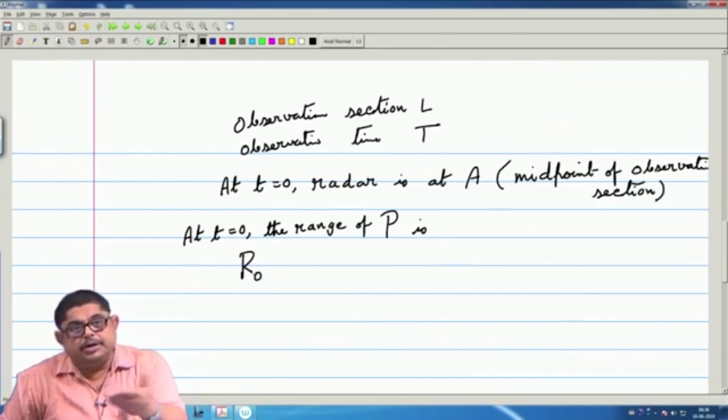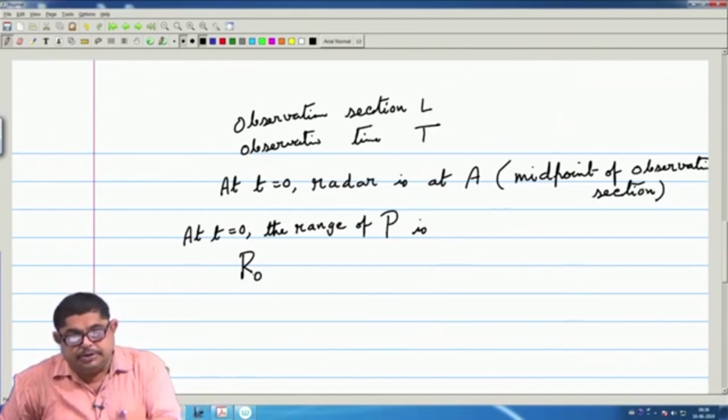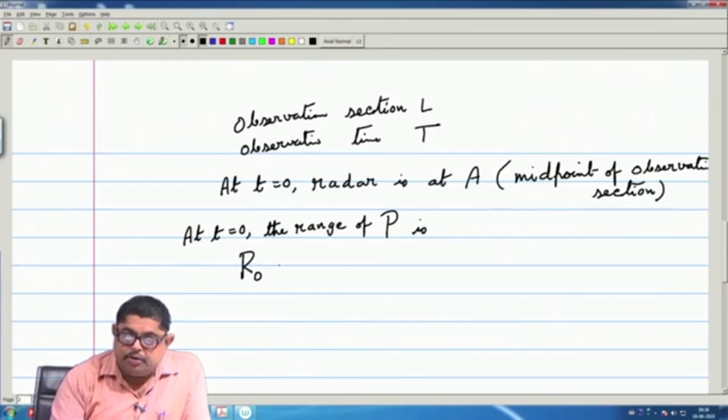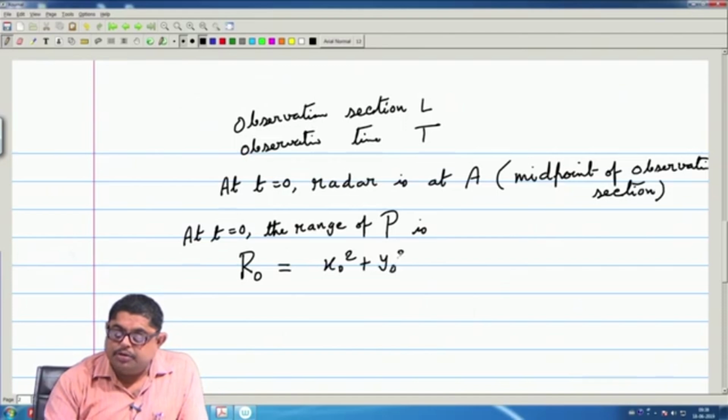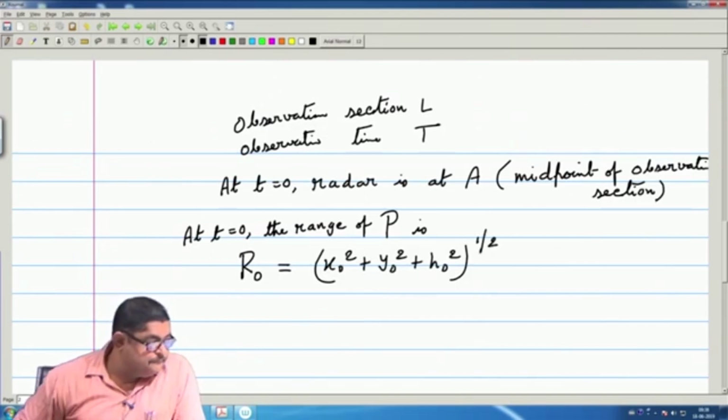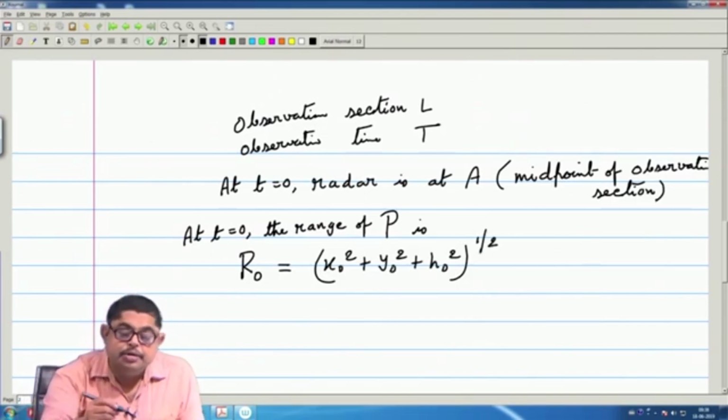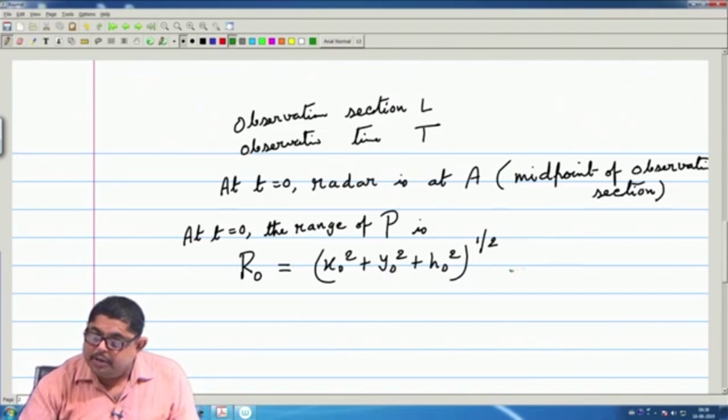Again, at different points the ranges will be different, but I am using the subscript 0 to say that at t is equal to 0, my range R naught will be given by x naught square plus y naught square plus h naught square. So, let me call this my equation number 1,